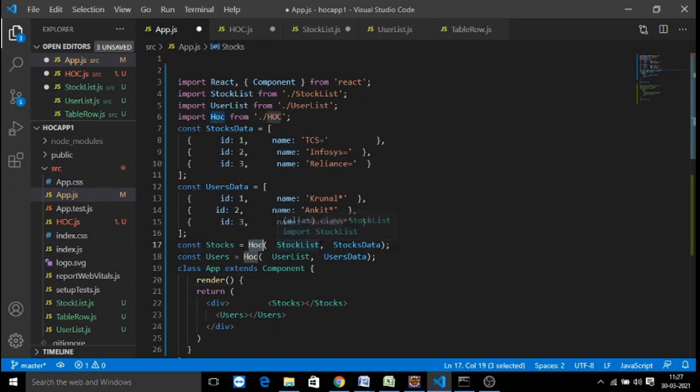First, you are calling your child component called stock list. You are sending the stock data. Now it will return your stocks component. This is once again your stocks component. Now you make use of the same HOC to send user data with the user list object. Tomorrow, suppose you wanted to make use of some other component data with a different component structure,